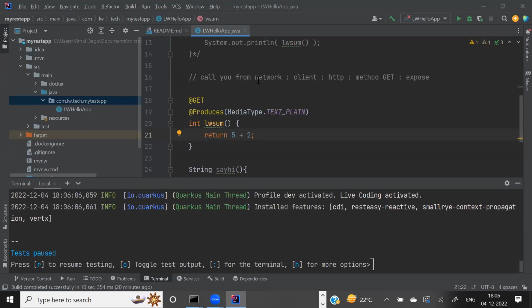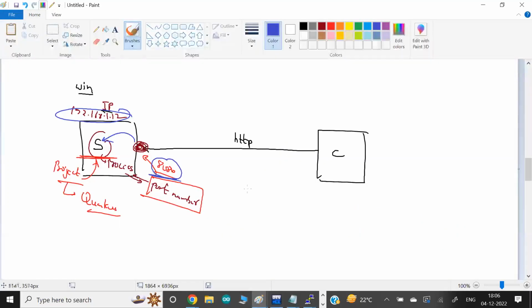Quarkus will run the Java code with the Java command only, but it adds some extra functionality. What functionality? It creates this port number and does a lot more things, like the API gateway. What these are, we'll see in future classes.